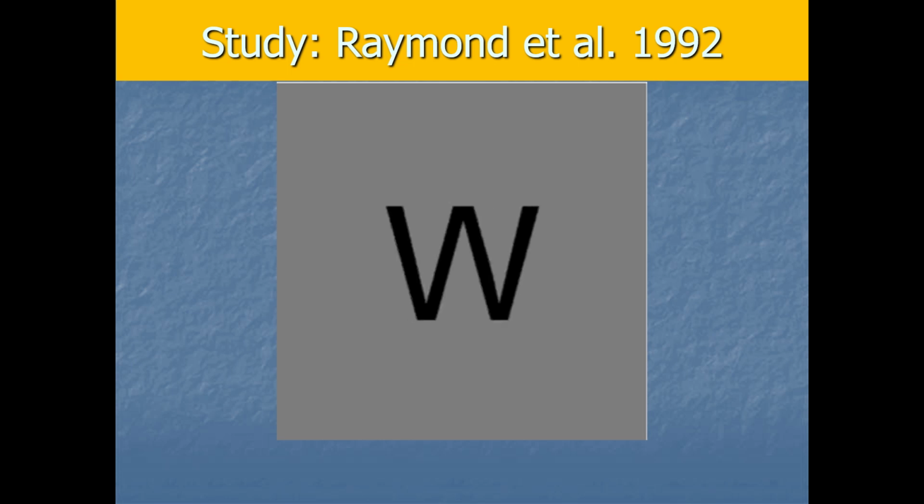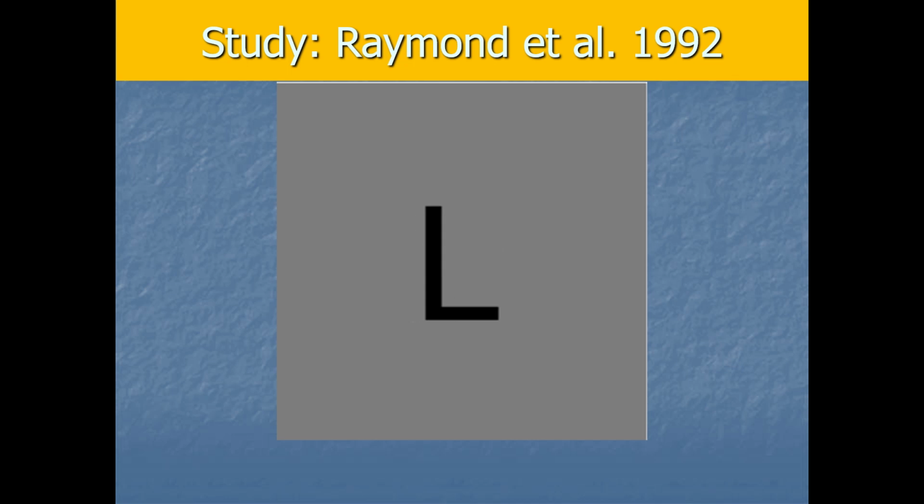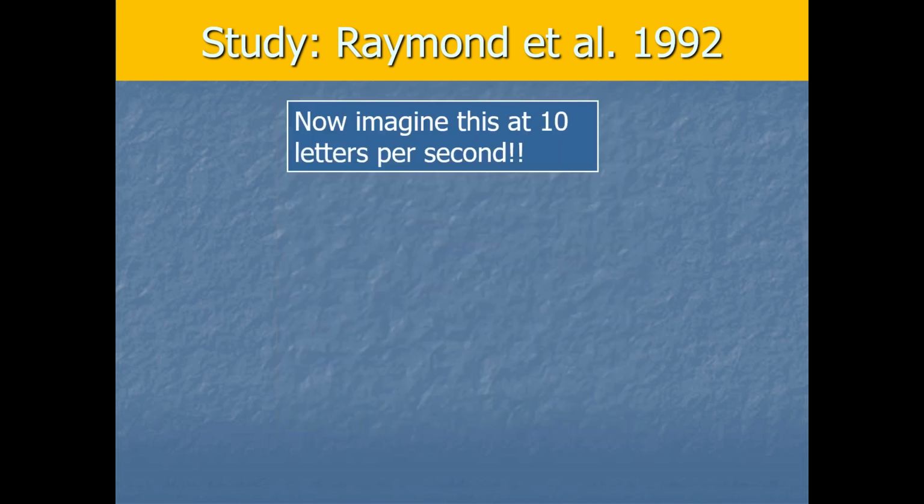So in all three of these trials, it's just going to repeat now, but in all of these trials, there was an X. But again, some of them, the X might be really close to the white letter, and some of them, it might be quite a bit later. That's the idea of it. But imagine it was going by way faster, 10 letters per second, instead of that super slow presentation we just saw.